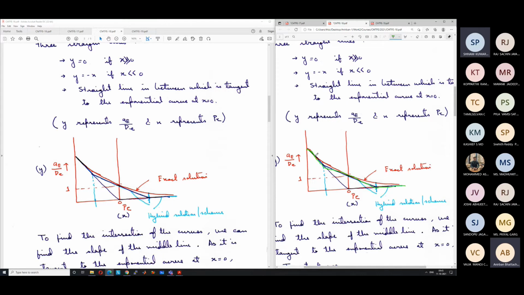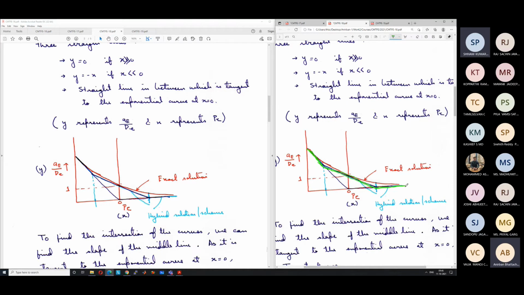And straight lines are very easy to compute, right? Orders of magnitude easier as compared to exponential. By using 3 straight lines, we have somewhat managed to mimic the behavior of the exact solution. Now you can also devise your own scheme with 4 straight lines, 5 straight lines, 10 straight lines. Obviously, there are many research papers on that, which will make it more and more accurate. So I can have one small straight line here, then here, then here, then here, which will make it better, but it will become computationally more expensive.